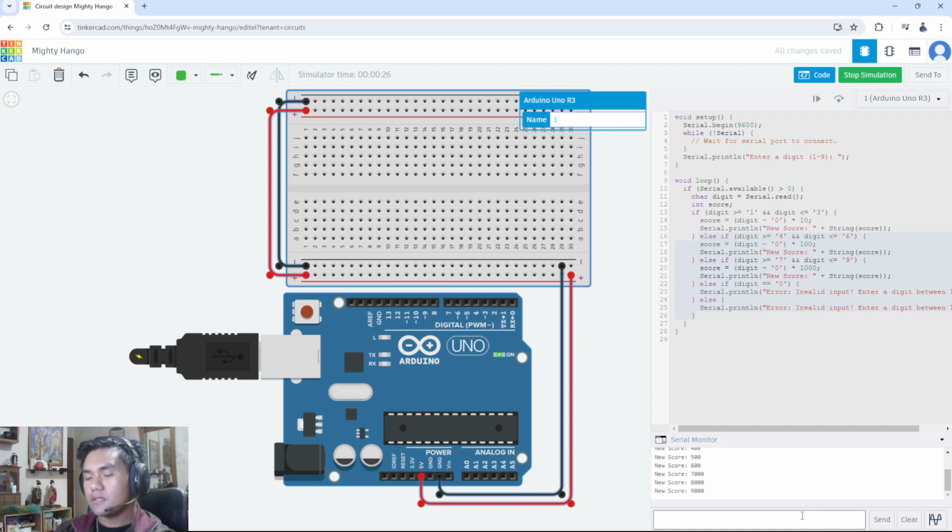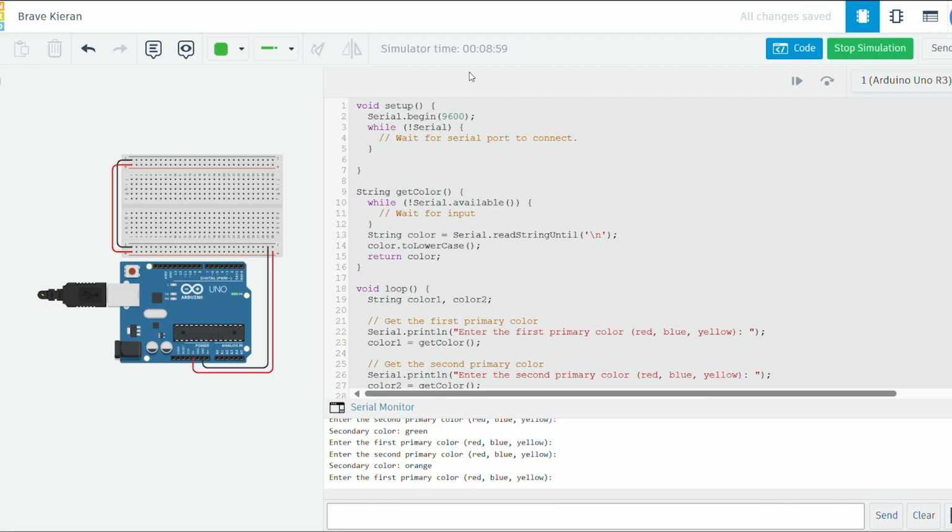Everything has been satisfied. Now let's try 0 and letters. Invalid input. Letter. Invalid input. So there, we have solved problem number 1, and we have shown how it can be done in two different ways, specifically the switch case statements and the nested if-else statements.